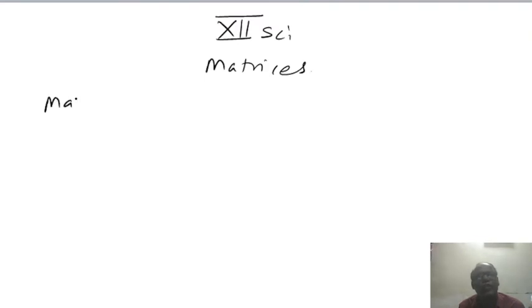Today we discuss 12th standard, 12th science, matrices. Very first, how to define a matrix? What is the definition of a matrix? It is an arrangement of numbers,